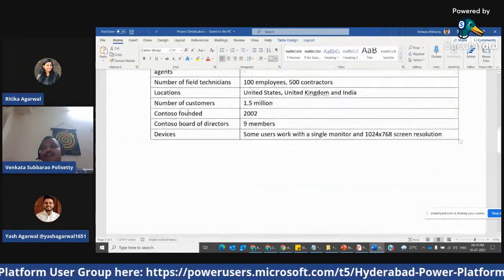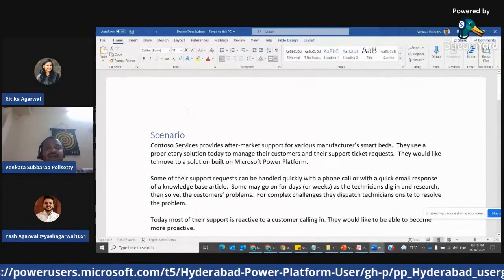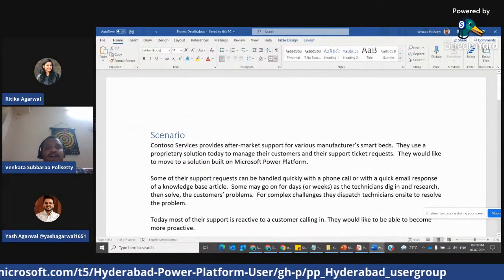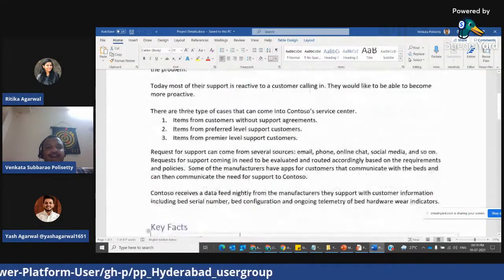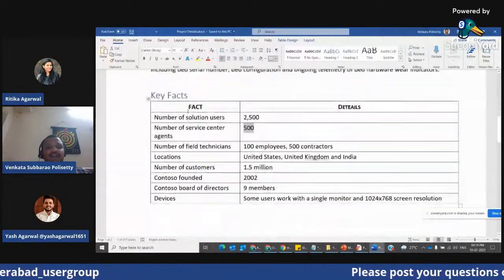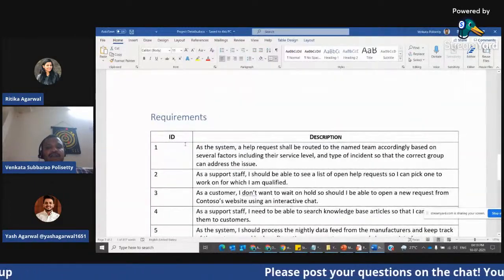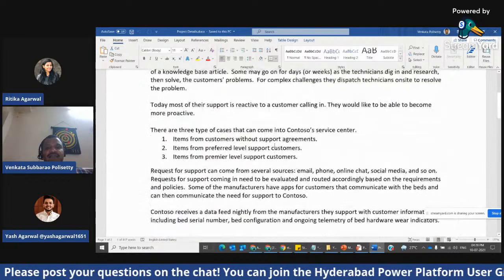I said to you, right, there is a demo for it. So generally, if any customer wants to give a particular project, first they will come with this particular scenario, what their pain points are, and they will also publish these particular facts. And after that, they will come up with certain requirements. So just as you observe, this is a big customer,